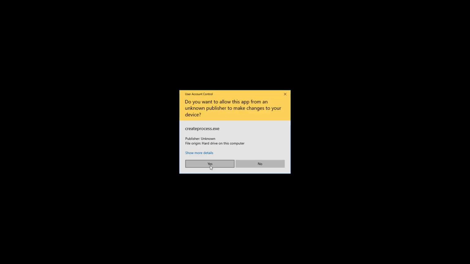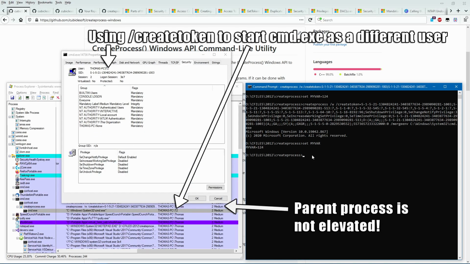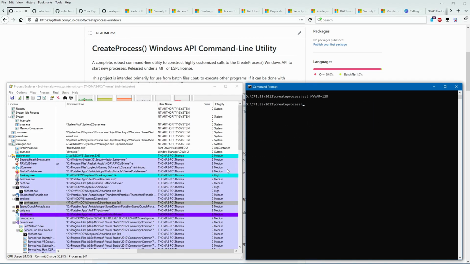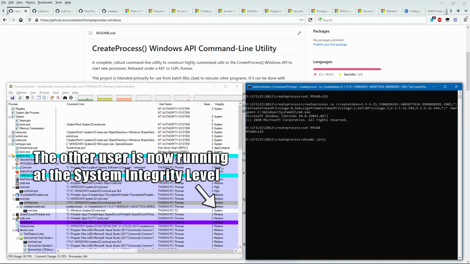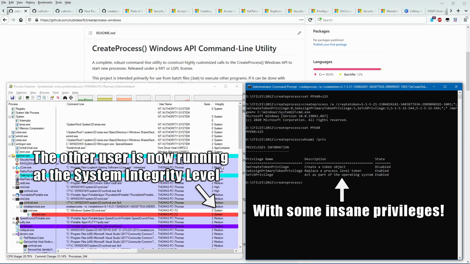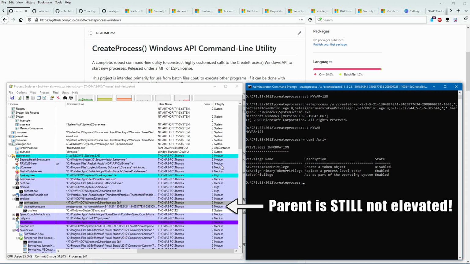Or start a child process of a non-elevated process as another user account without requiring that user's login credentials. Or even create the slightly broken token from earlier and start a child process with it just for funsies. The possibilities are quite extensive and enable powerful, brand new, never-before-seen functionality for Windows OS process creation. So how does it work?